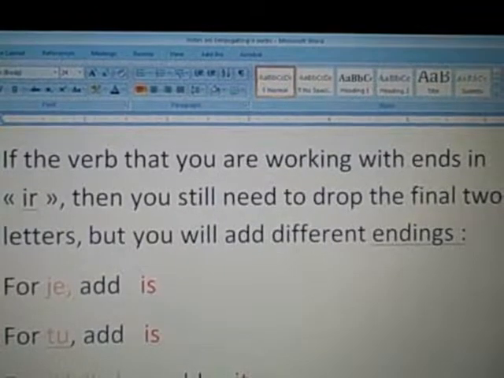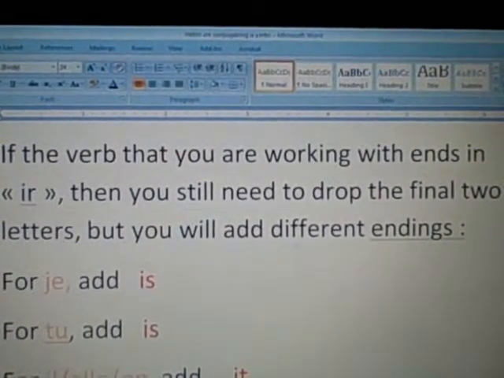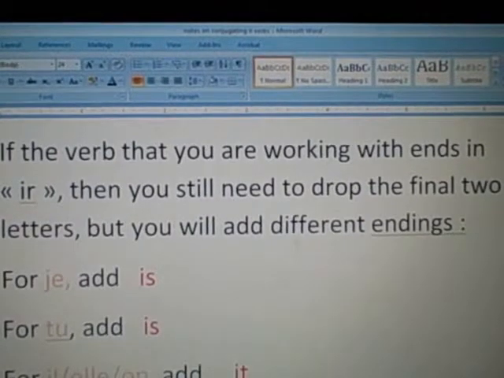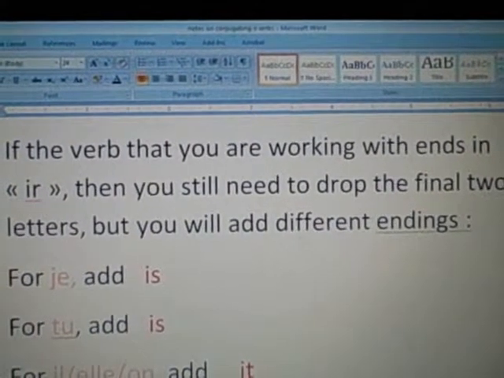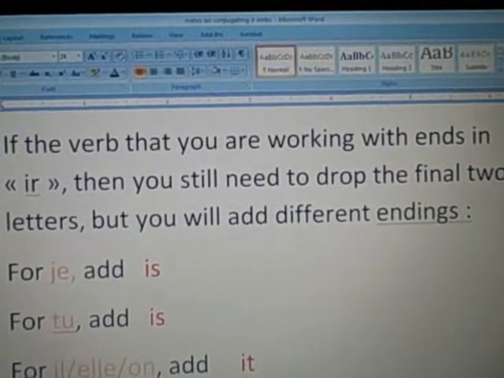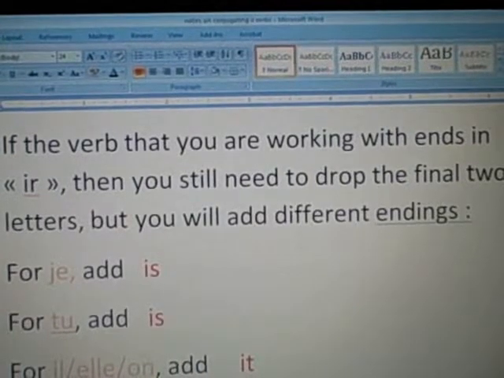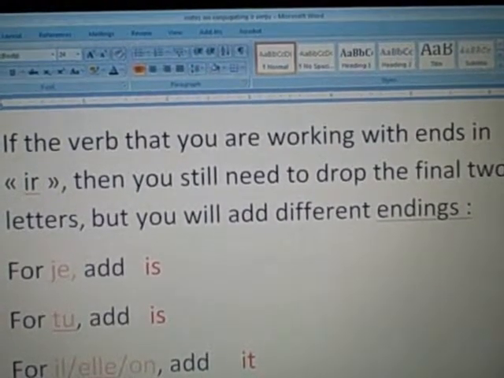Hello everybody, this is a review of how to conjugate an IR verb in the present tense. So any regular verb that ends in IR. This is assuming that you're comfortable with your ER verbs and you've already learned this once before, but here's your review. If the verb that you're working with is regular and ends in the letters IR, then you need to